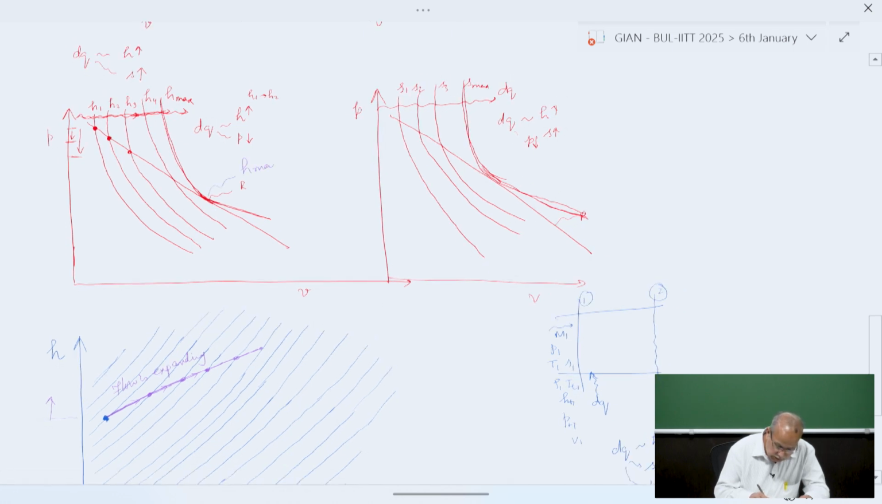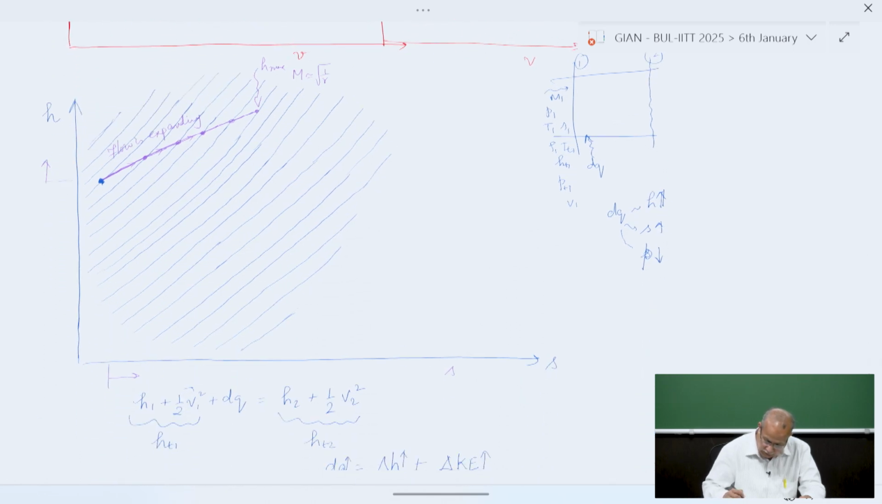This is the H max point. So we have reached this point here as H max. At the point of H max, from the theory, the Mach number is square root of 1 by gamma. So we end up in a situation where dH is not going to change because it has reached the maximum, plus delta